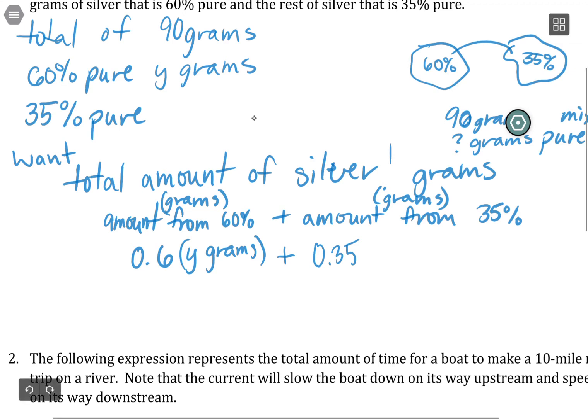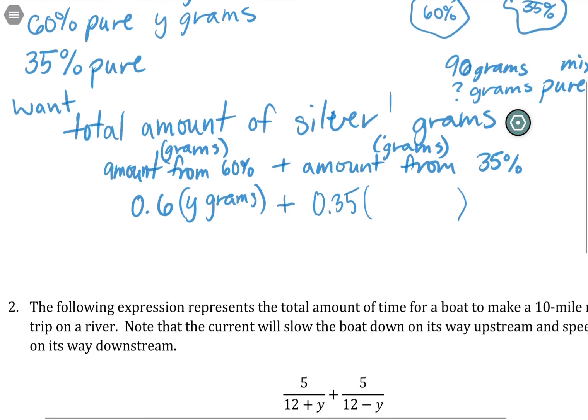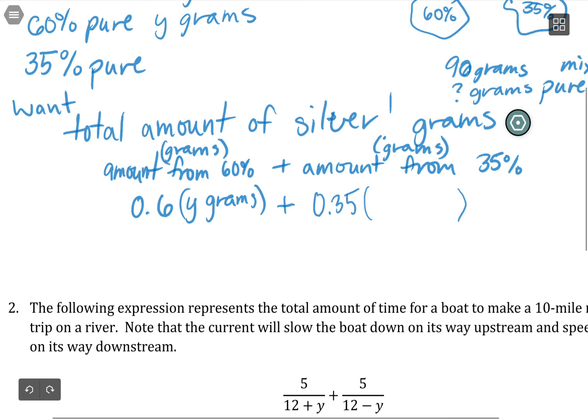And I need to multiply that by the total grams of the 35% pure mixture. But I wasn't given that up front. So this goes back to that question of, I know there's Y grams of the 60% kind of silver, and I know there's a total of 90 grams of both of them. So if I want to know how much of that is the 35% pure silver, I'm going to multiply by 90 minus Y grams. So this can be simplified a bit, not really a ton, but I have 0.6 Y